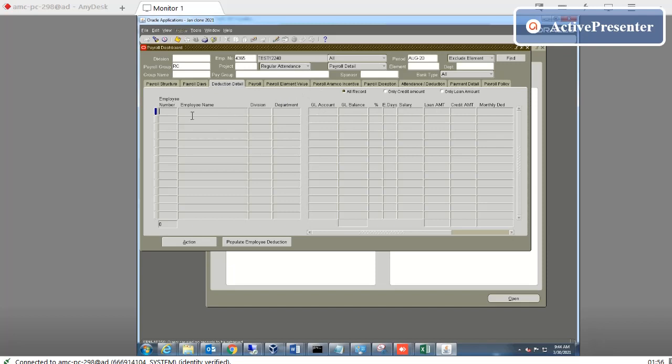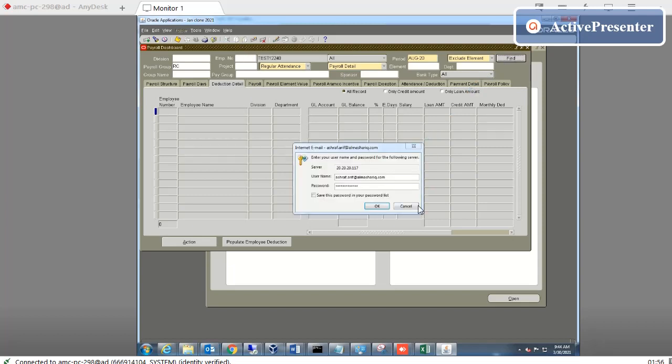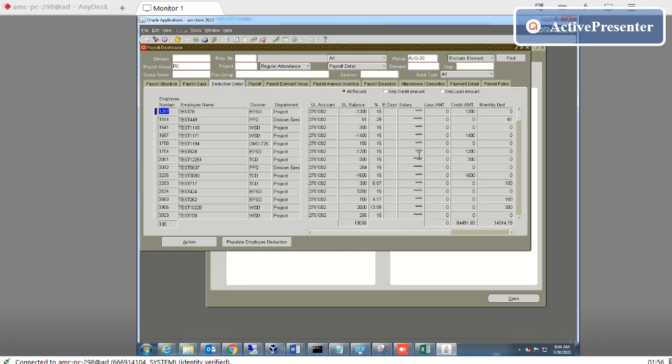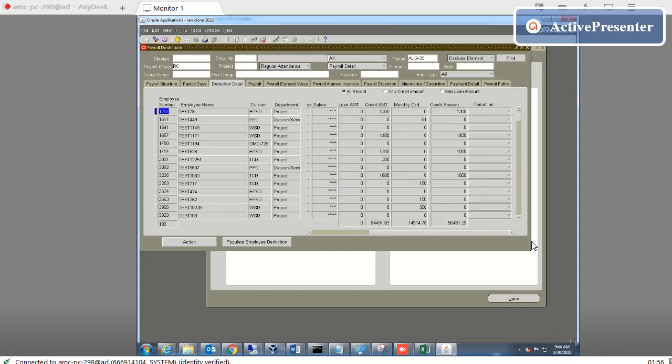okay, in the deduction you will find what is the credit amount, what is the monthly deduction there.